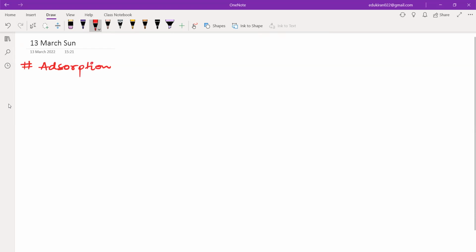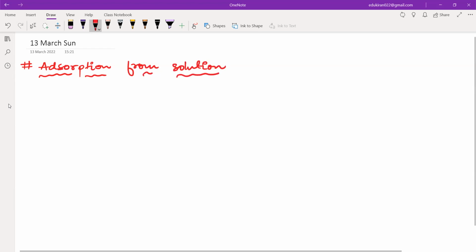Adsorption from solution. Okay, so in this, what is happening, we have some solution, and we have some solute particles, and then we have some solid, and those solute particles are getting stuck onto the surface of the solid from the solution. Okay, so it is not air right now, it is not air, it is what? It is the solution. So in this also you can write the Freundlich curve, that will be,